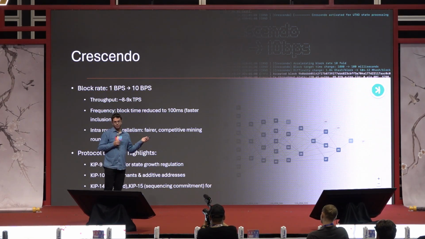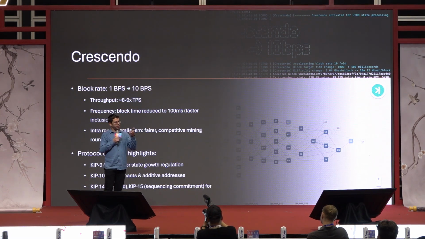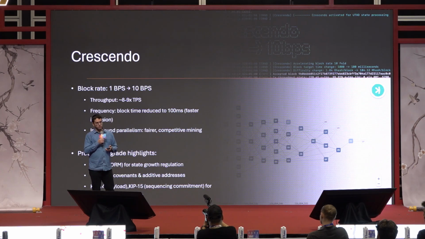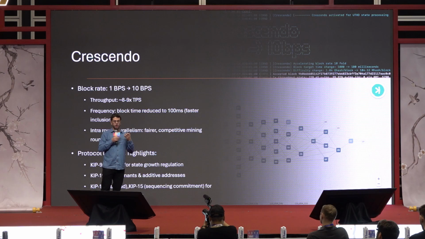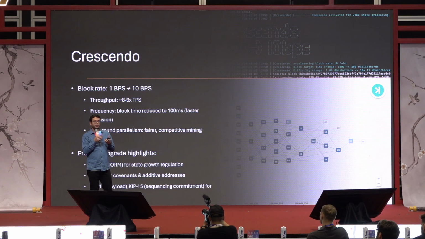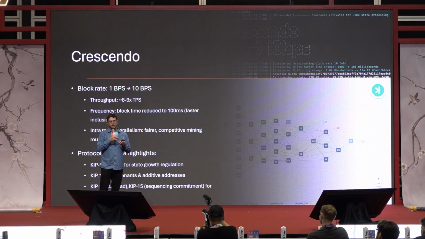And Jonathan spoke about MEV and oracles in the previous talk. So increased block parallelism, although increasing some collisions, actually creates a more fair environment where there's more competition in the round. You can think about it as intra-round censorship resistance maybe, or a very strong foundation for building mechanism designs that can make the system more fair.